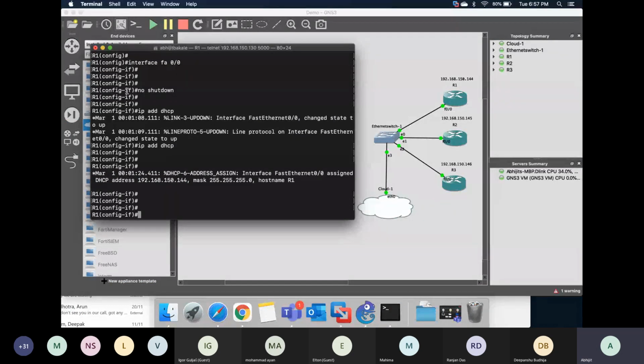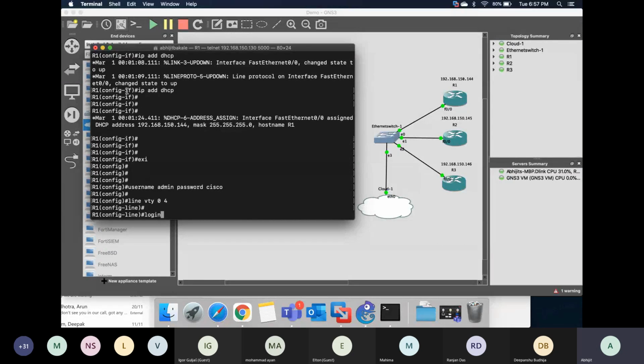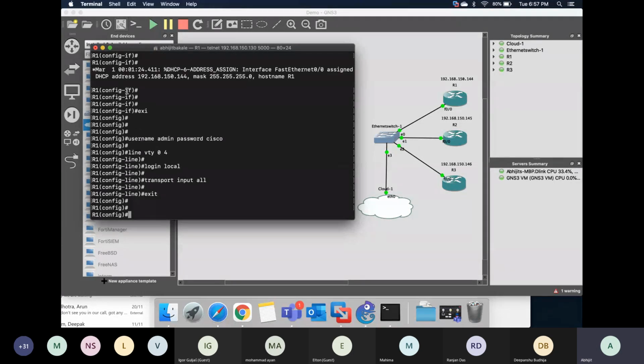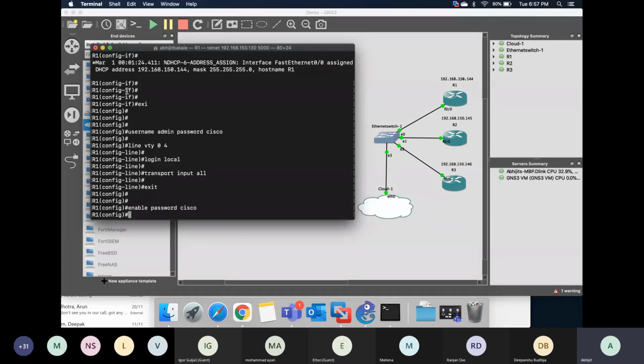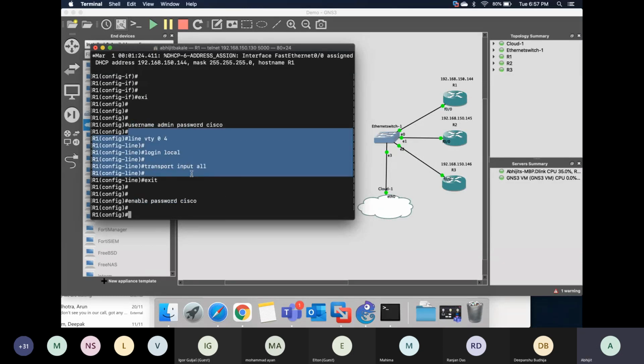Okay, so we're going to create some usernames over here. I'll say username admin password Cisco, and then line vty 0 4, login local, and transport input all, and take an exit, and we're just going to create an enable password as Cisco. Makes sense? So we created a local database, we created an enable password, and then we enabled telnet onto these